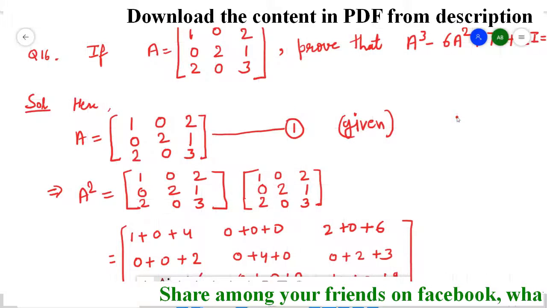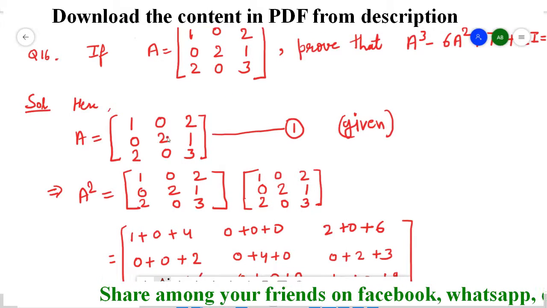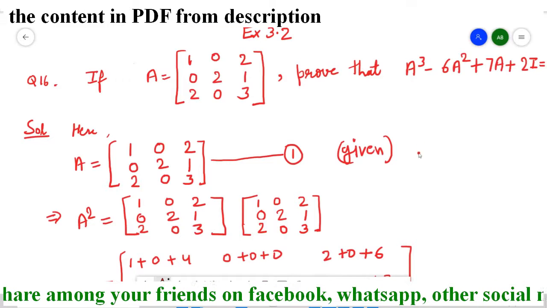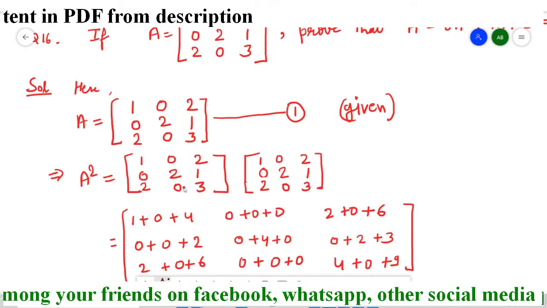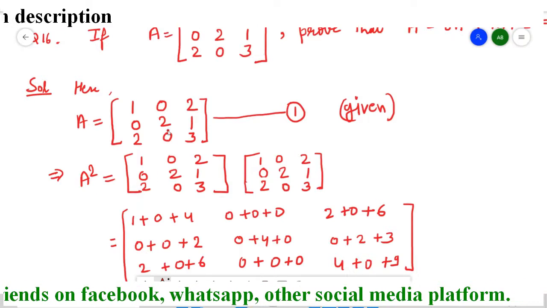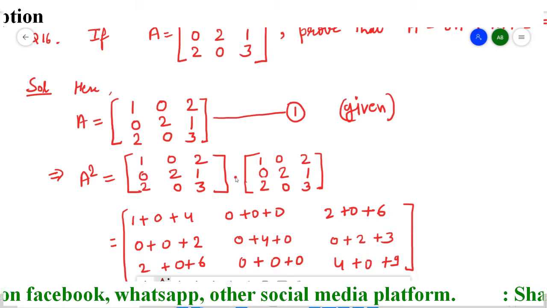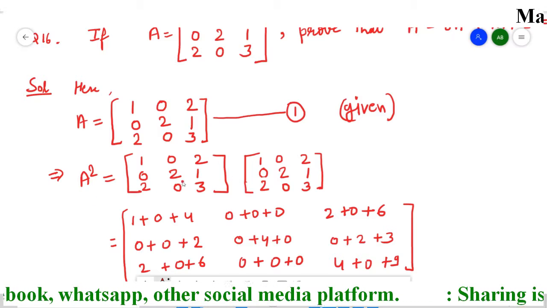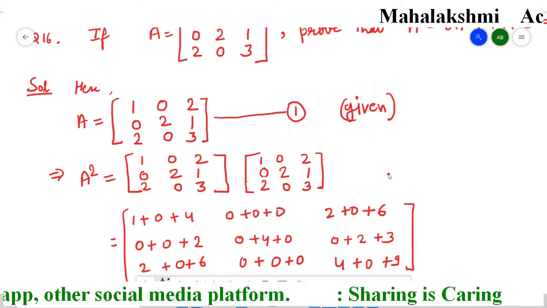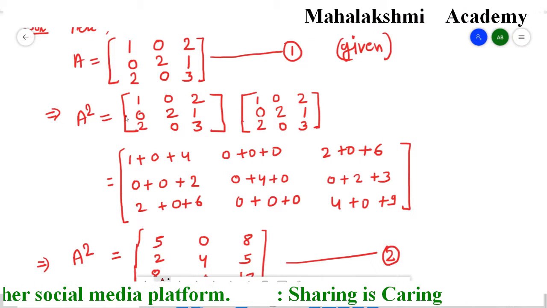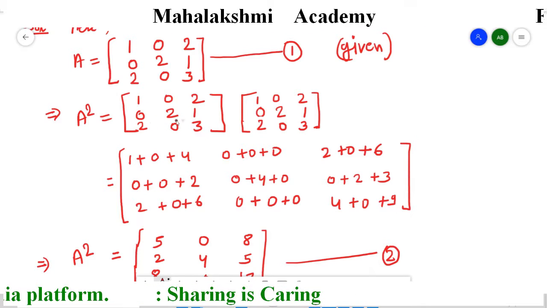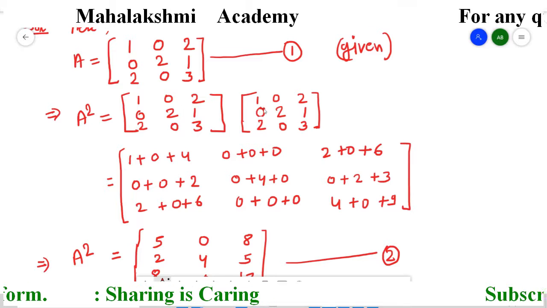So in the solution, first I wrote the given matrix, and since we need A cube, to move to A cube first we have to find out A square. That's why I calculated A square. For that the given matrix has to be written two times, then it converts to A square. Now it's a product of two matrices, which you are already familiar with, how to multiply. From the first matrix we use only rows, and from the second matrix we use the columns.